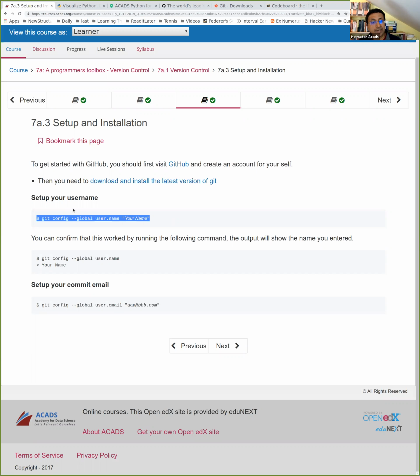Okay, so once you've set up Git, what is really nice is if you're on a Windows machine, Git actually comes with a Unix terminal emulator, let's call it that, right? So you can actually, on this terminal,